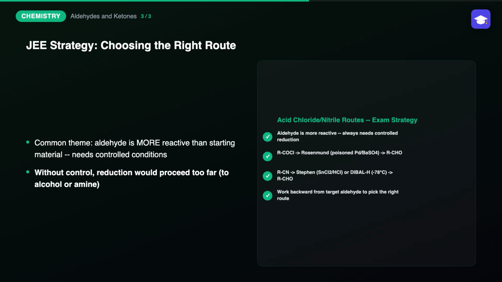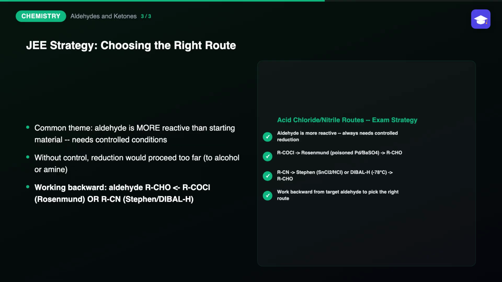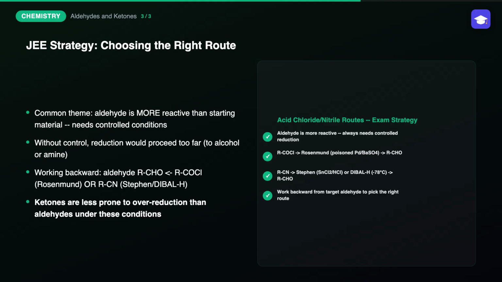alcohol, or the amine. A frequently tested trap involves genuinely working backward from a target aldehyde to correctly identify which starting material and reagent combination would actually work. For an aldehyde RCHO, you'd genuinely need either the corresponding acid chloride RCOCl with Rosenmund conditions, or the corresponding nitrile RCN with Stevens or DIBAL-H conditions, and recognizing which starting material is more genuinely available often decides the more practical,